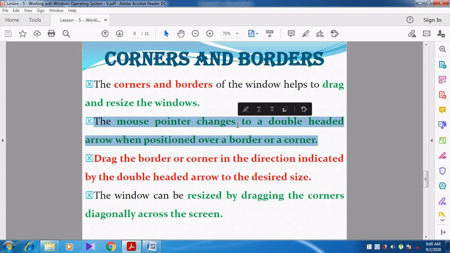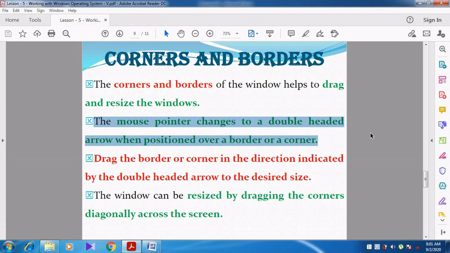Now you see the mouse pointer here. Can you see? There is only one single line and it points only one way. That is one arrow you can see. But when you move to the corner or the border, it changes to a double-headed arrow.